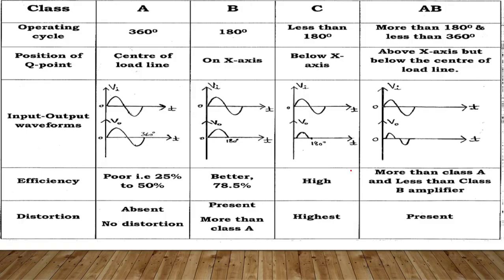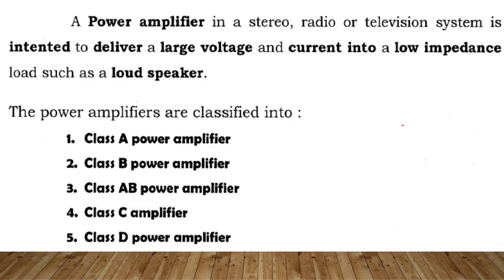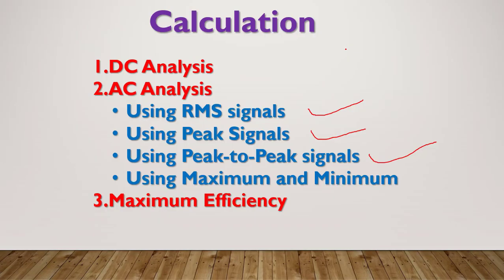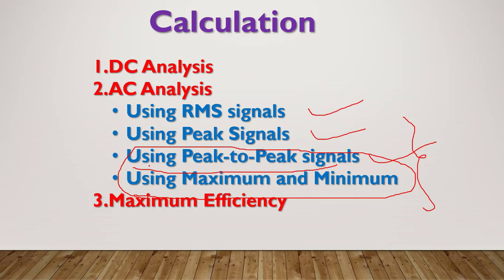Yes or no? Why? Because see, in any sine wave signal, this I am calling maximum and this I am calling minimum. Maximum to minimum is nothing but peak to peak. Another way of calling peak to peak is maximum to minimum, so both are the same. These two will be different depending upon your equations. Any one equation you can take. Usually I take the peak to peak signal everywhere, which we apply in the maximum efficiency.